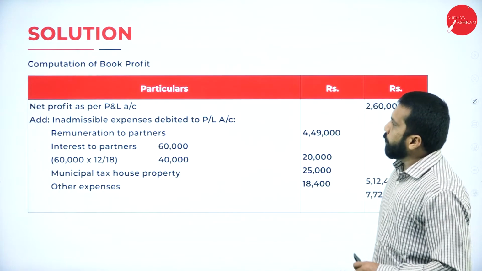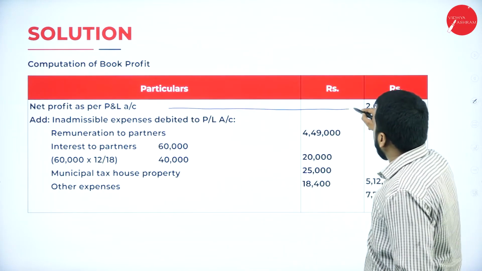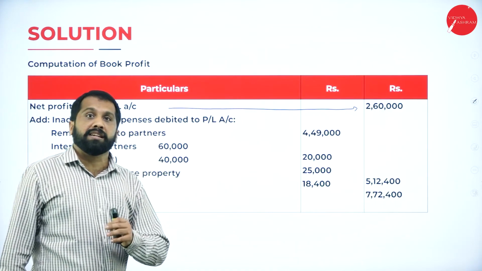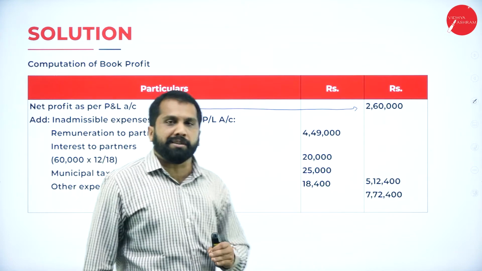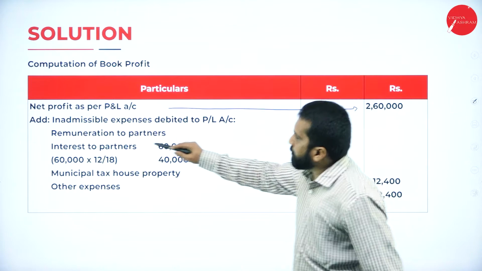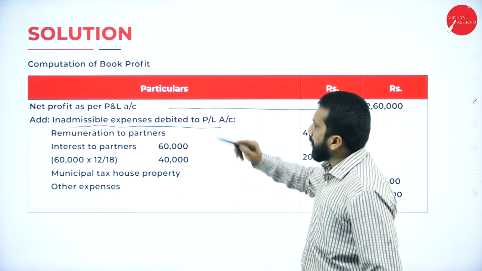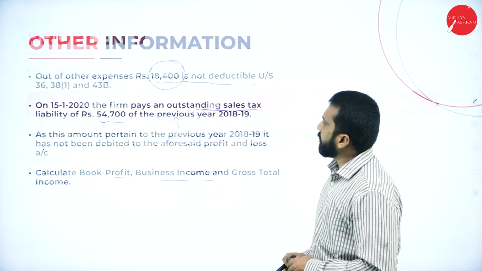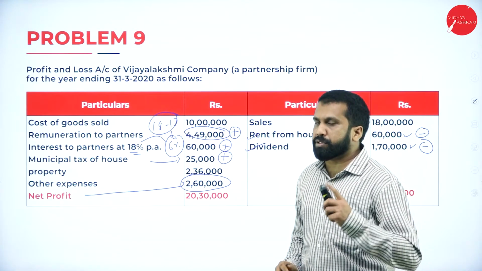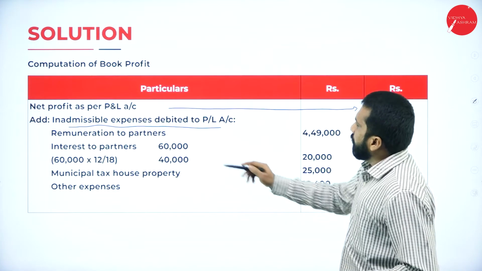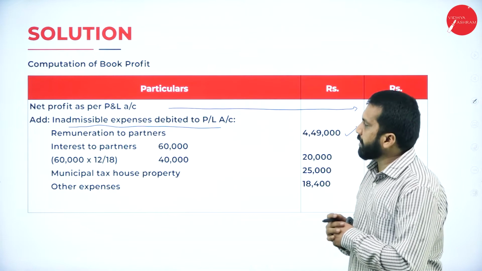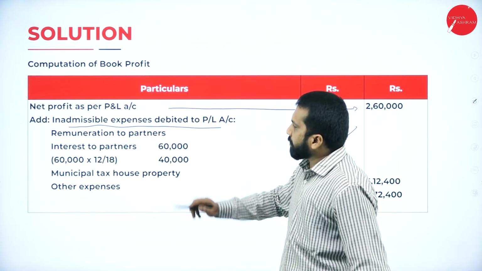Now, we'll start with your net profit. What is your net profit? Your net profit is 2,60,000. We consider 2,60,000 as net profit. Then add inadmissible expenses. I'll go back to your question. See, 1, 2, 3. These are the 3 things we are supposed to add. First one, remuneration to partners. We added. Then interest on partners,